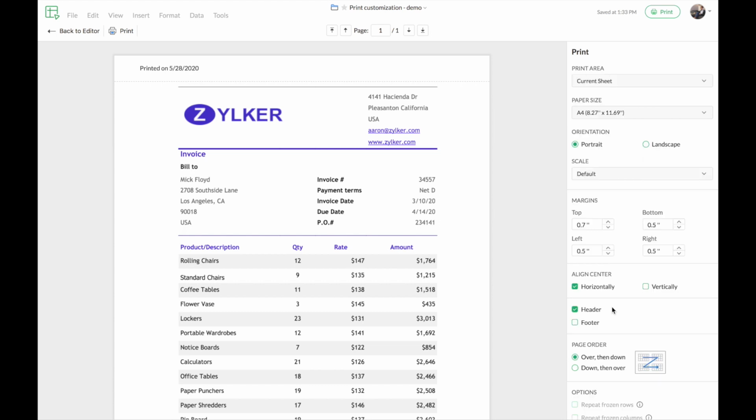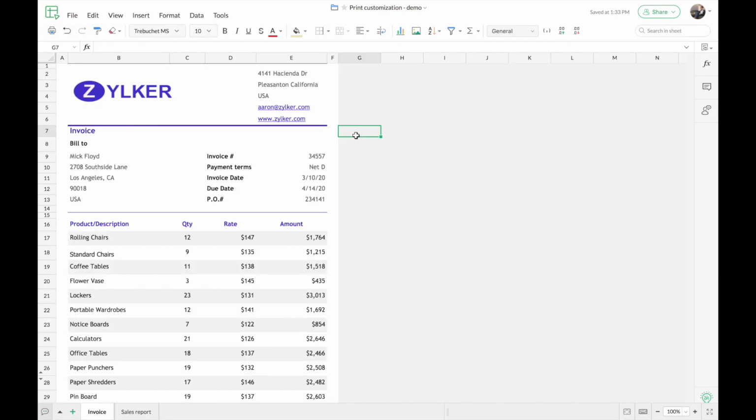So now we have seen how we can customize an invoice data for print. Based on these options, you can customize your data based on your personalized use cases. After you're done with the customization, you can just click on print here at the top right corner or the print option here in the left top corner, and that will take you to the printer settings. So now we'll go back to the editor. Now that we've seen how we can customize this invoice data for print, let's look at another example.